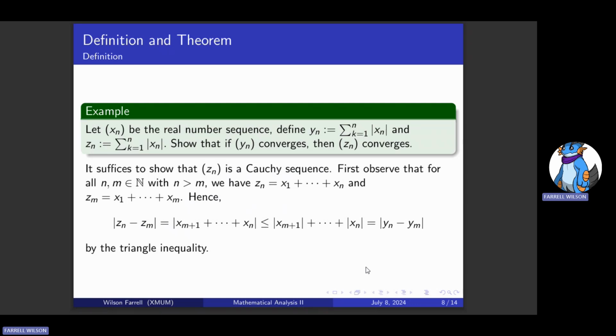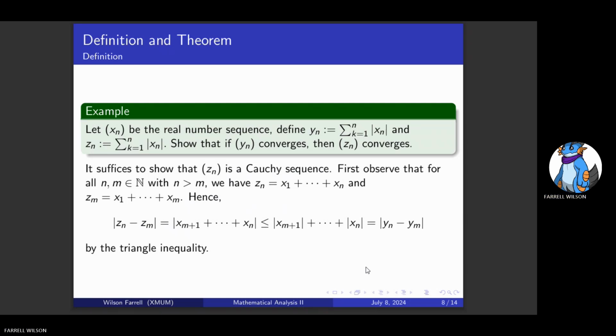The second example will be letting the xn be a real number sequence. We can define the yn as the sum of the xn, and zn as the sum of the xn as well. We need to show that if yn converges, then that means zn also converges. In order to prove this statement, we need to show that the zn is a